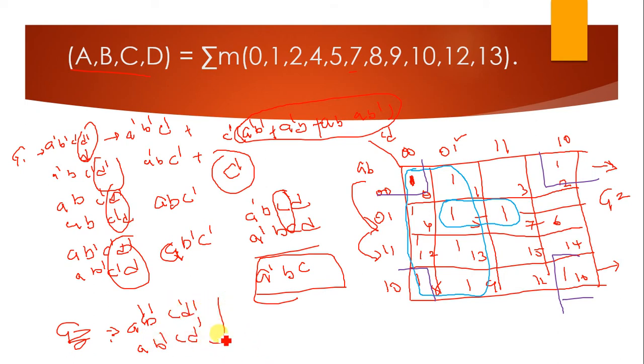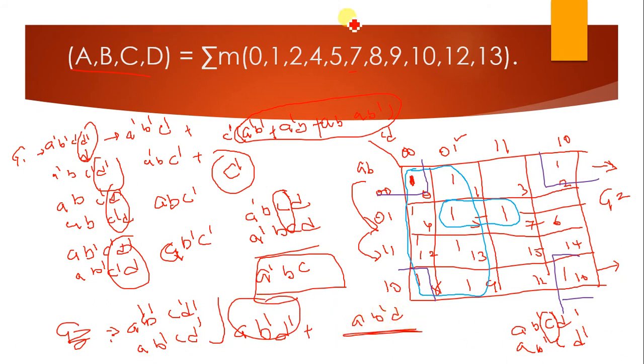So the output is A B dash D dash plus these two combinations. A B dash C dash D dash has been shifted to, okay, which thing is changed? C dash has changed to C, and D dash remained. A B dash D dash, both are in common. So we just consider these two things as A B dash D dash. Right, this is the final output.